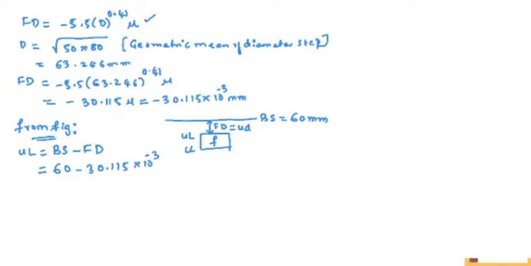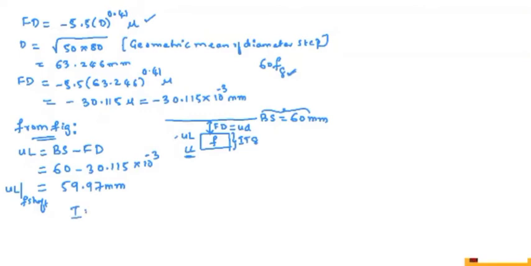So you will be getting this as the upper limit for the small f shaft of the corresponding basic size 60 mm. You will be getting this as 59.97 mm. Once you know the upper limit, you can find out the lower limit, because the tolerance grade is given as IT8. You are given with 60 small f8 shaft. The tolerance is IT8.